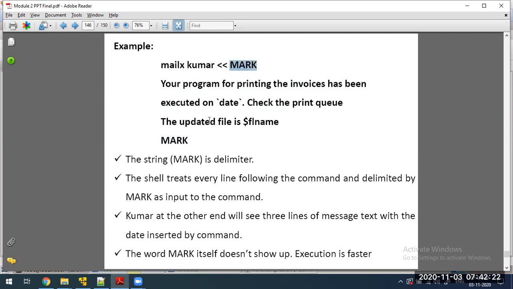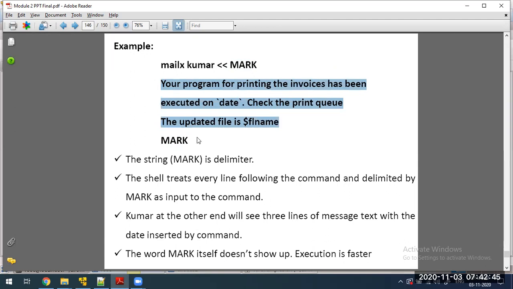I'll start with the mark and end with it after my set of statements. I'll write whichever I want to send. At the beginning of the message, mark, and after the end of the string, one more mark. This we call a delimiter. Within that we'll write whatever string I want to send.